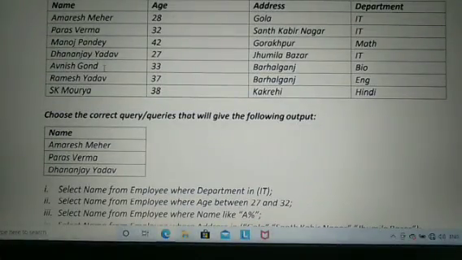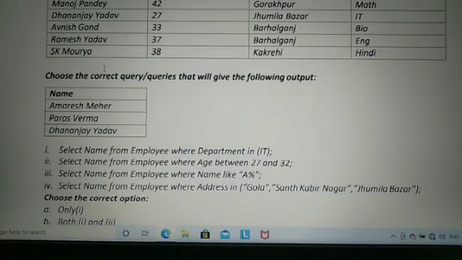Consider the employee table given below. You can see two tables are given here. Sorry, one table you have, and the second one is the output for the command given below. You have to go through the commands and select the right command which will give the output.